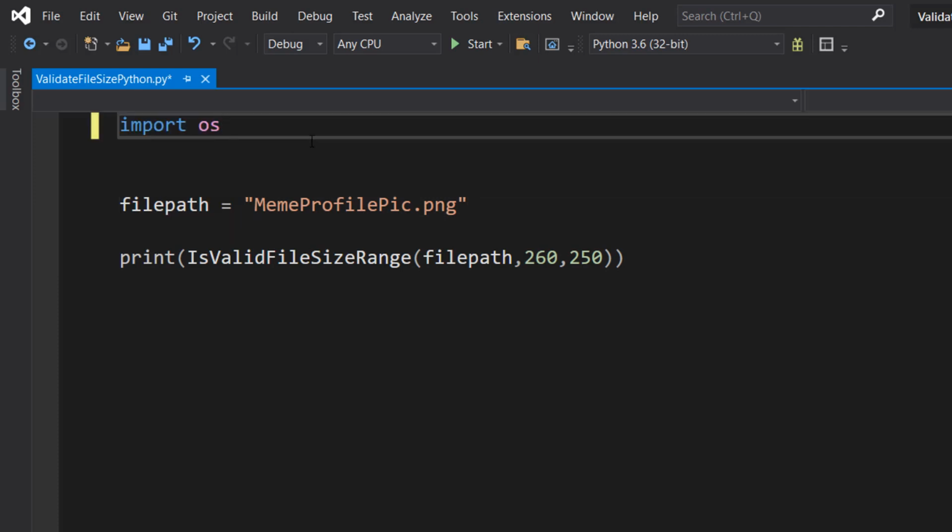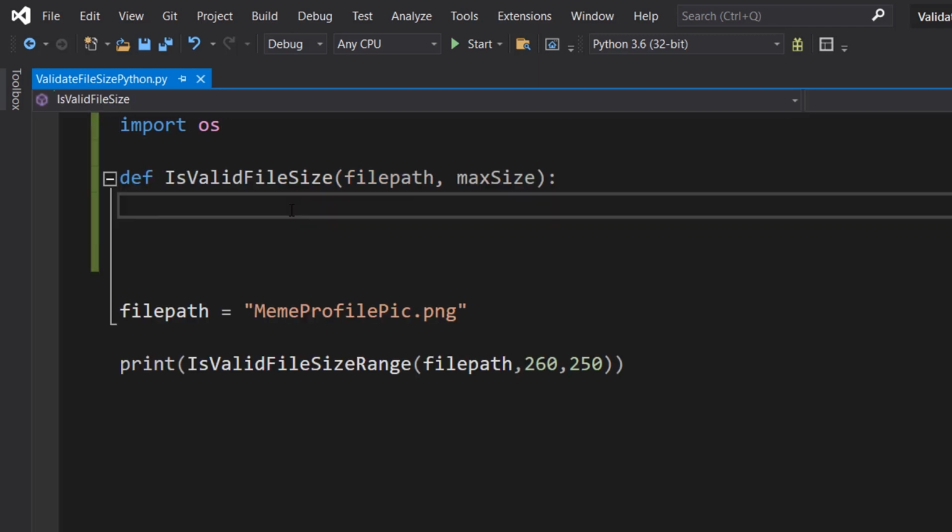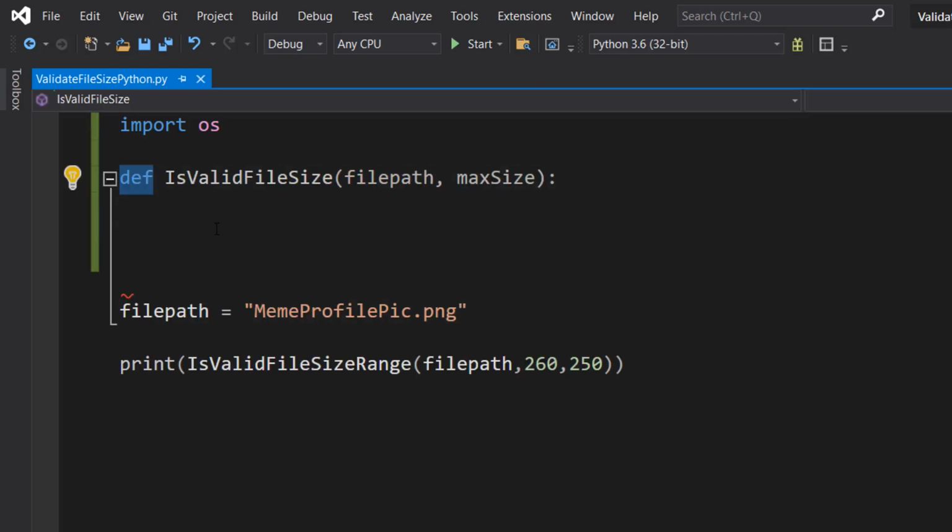The first thing we want to do is import the OS library. We want to do this because there's functions in there we need to use for this tutorial. So we're going to be making two functions. And the first one's going to be is valid file size, file path, max size. So you do def for define, is valid file size, that's the name of our function, file path and max size. So basically we're going to be checking, hey, if the file is less than the maximum size it's valid,